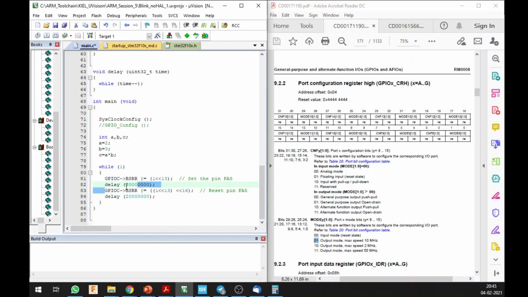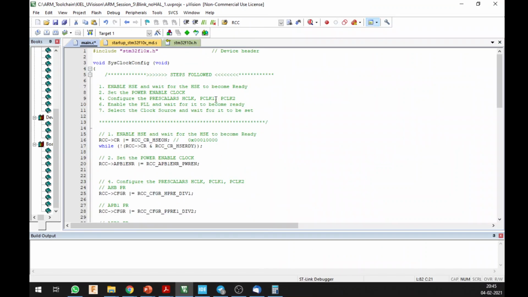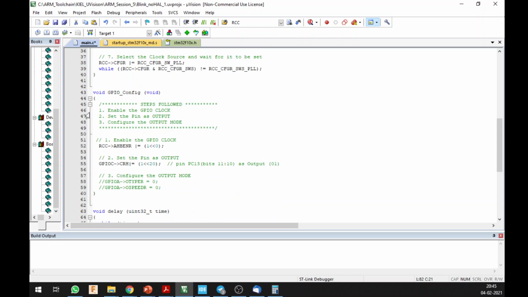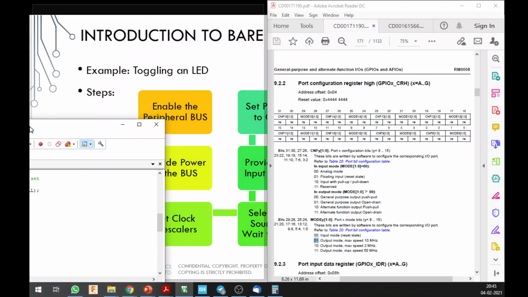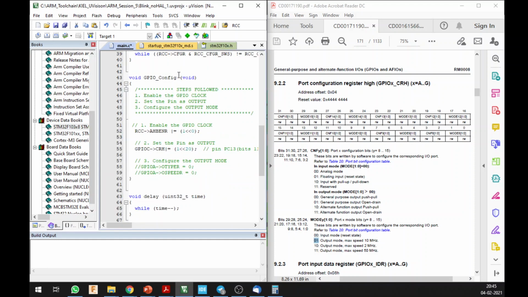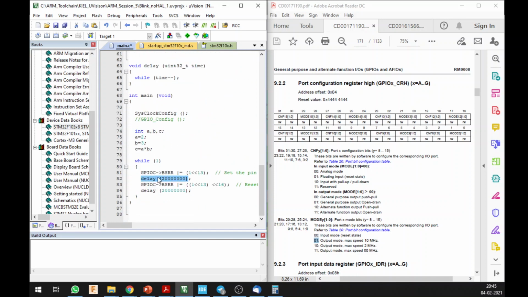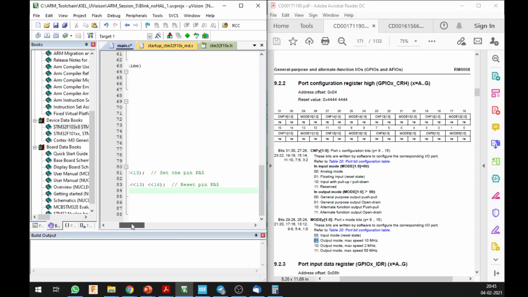You see a delay function with such a large value. This is a custom delay function. Again, I will be sharing this file with you on GitHub, so don't worry. You will be getting this file, and you can access this in order to do your assignment. Once you set the configuration mode of this, then you go to your function. I made a while function, which is basically a loop, and this is going to set the pin as high or low after a delay.